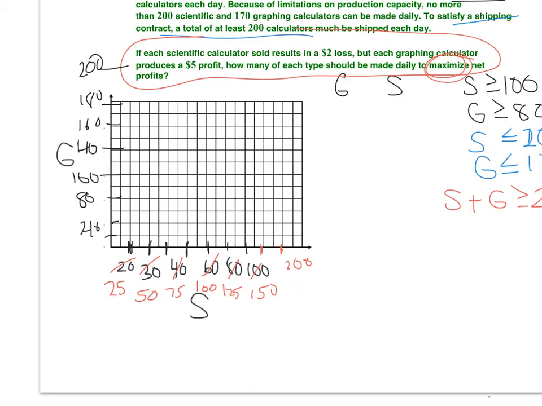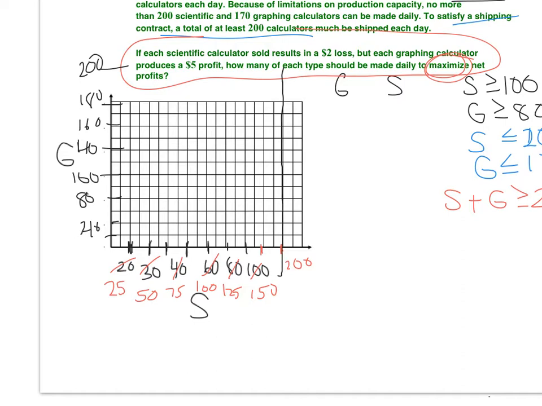So now what I'm going to do is I'm going to graph all of these inequalities, and together the solutions of this will be my feasible region. And I'm going to collect the vertices of the feasible region. Because there's so many inequalities going on, I'm not going to shade everywhere that needs to be until the end. So this is S